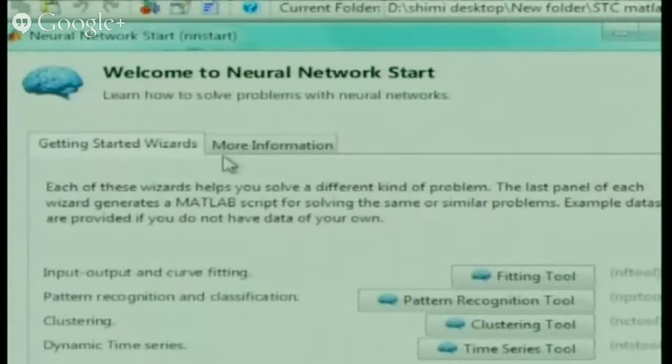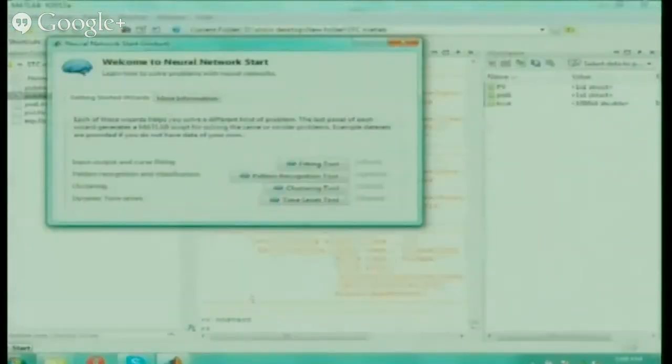It is NN start. Okay. So this NN start, I'm just clicking. So a window will open here. This is a neural network start window. Okay, all of you got it? So neural network start window. If you want, you can just note it down. First, what I did, I went here and wrote. Once again, I'll show. I'll repeat it.